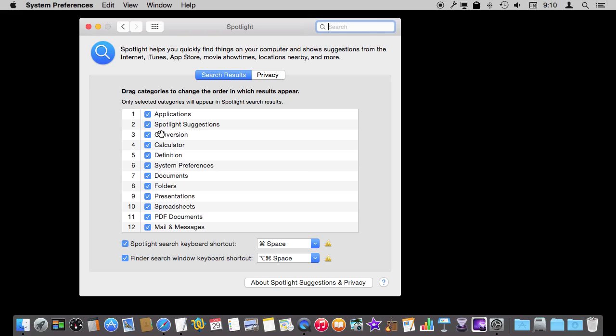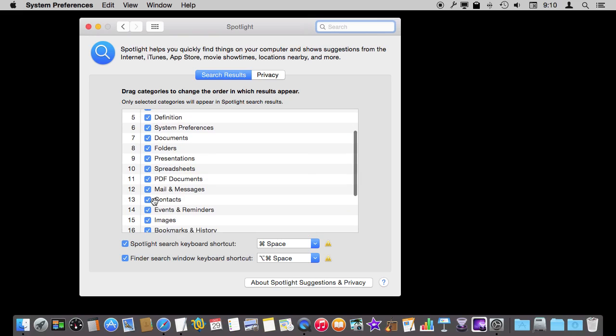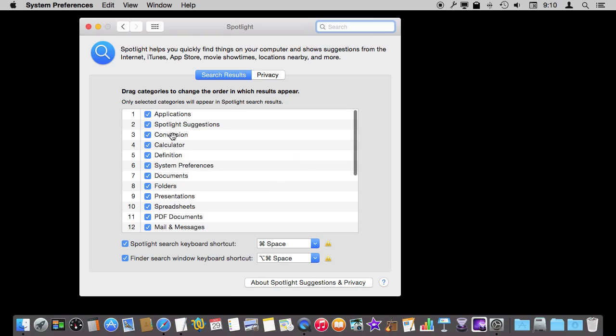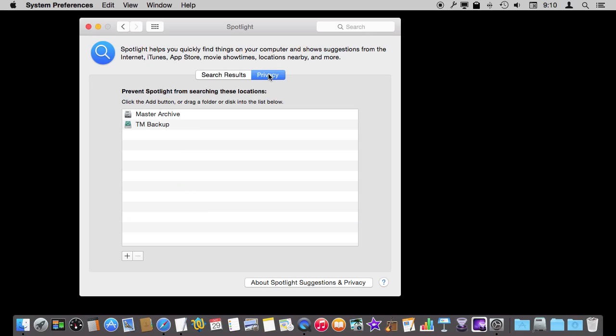So if I don't want all of those suggestions like movies, times, things like that, I can turn that off very easily here. I can turn off any other kind of thing I wanted to search for. If I don't want reminders and events or something like that, or bookmarks and history, music, whatever, I can turn it off. I can also change the order of things. So I can have, for instance, calculator, bring that up there, and move things around, and this will affect what is the top hit and also what order I see things in. I can also change the keyboard shortcuts for things very easily,